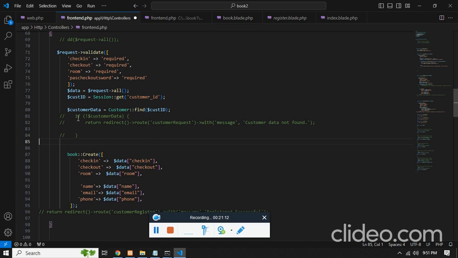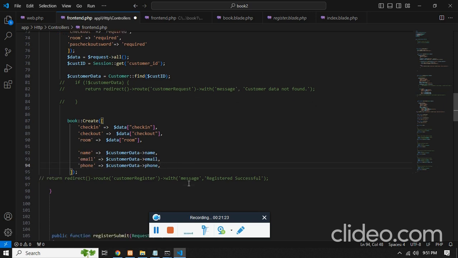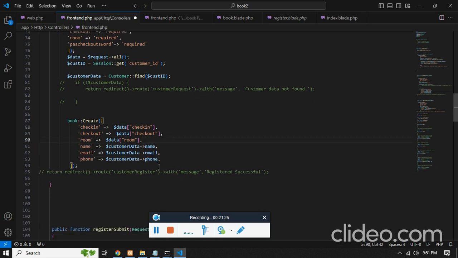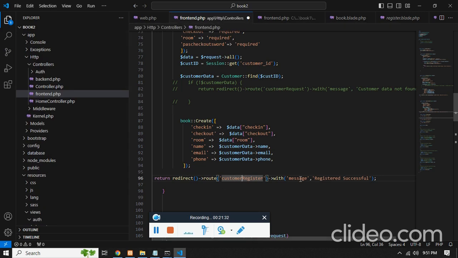We don't need this. And get the data, and now with the help of this customer data we can populate the columns: name, email and phone. So we have populated it. So once this is done, we can redirect them to a new page called customer request,